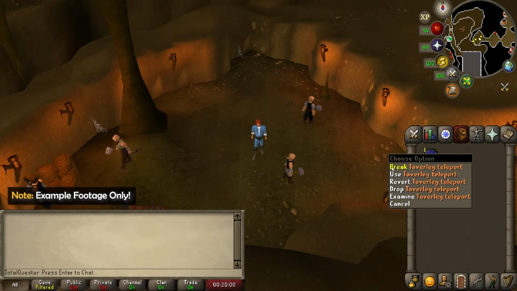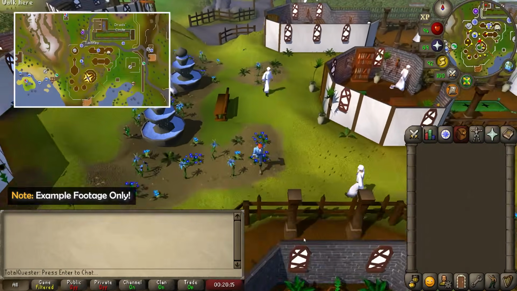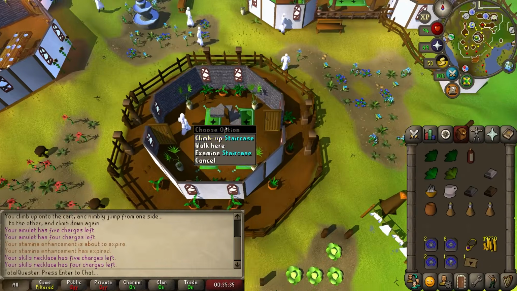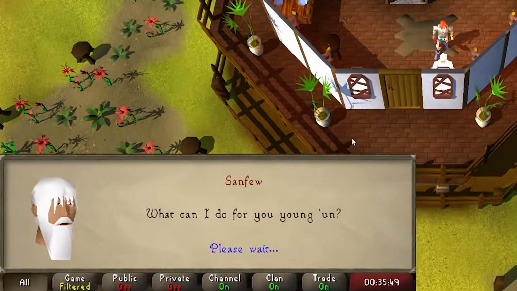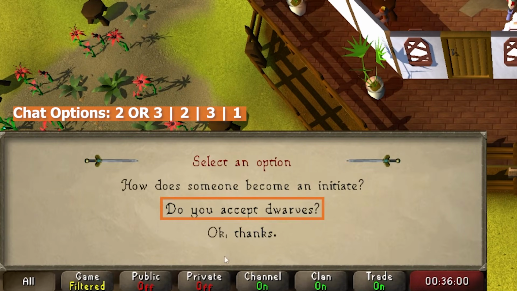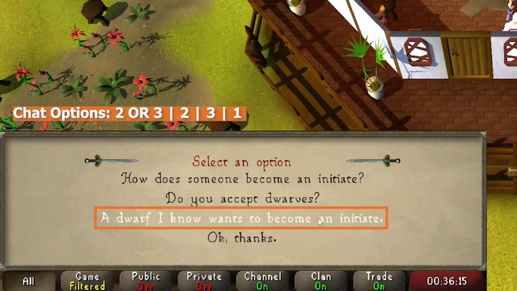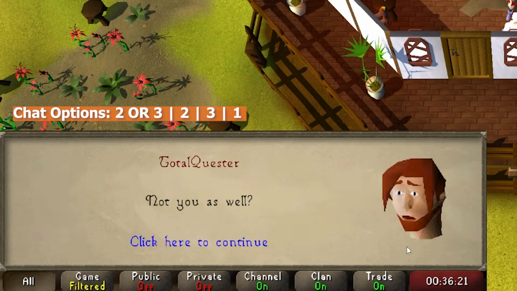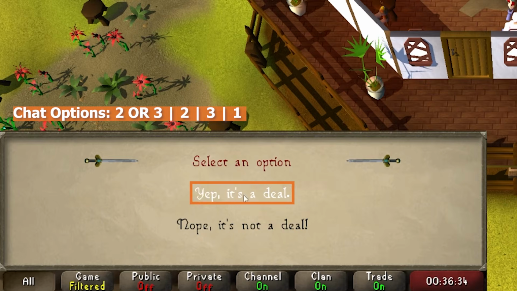Alternatively, you can use a Taverley teleport or house teleport if your house is located in Taverley before running a little south. After arriving, climb up the staircase and then talk to Sanfew before asking, are you taking any new initiates? And afterwards, do you accept dwarves? And then, a dwarf I know wants to become an initiate. Following some more chatter, you're tasked with 2 favors and you'll want to say, yup, it's a deal, and continue